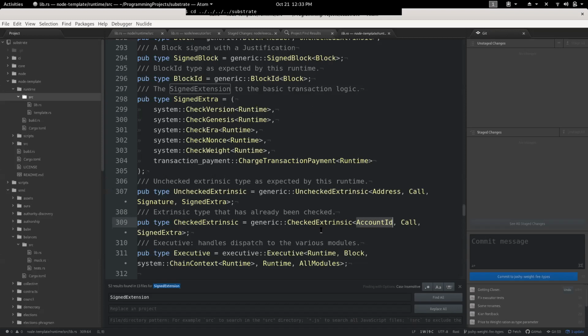So Sean, do you know, if you do add, for example, one of these, I think the checked version signed extension, which is referenced on line 299, adds a runtime spec version in the additional signed function. Is that somehow injecting? So by the time you're in an extrinsic, you have this origin. Well, actually, I think these